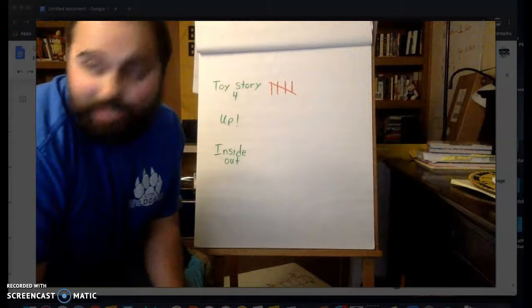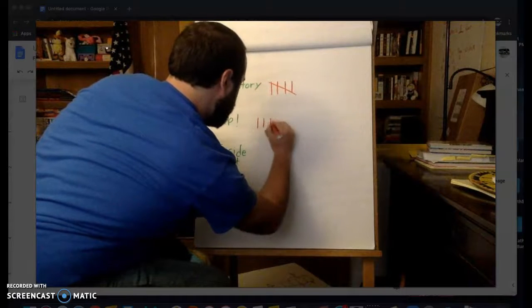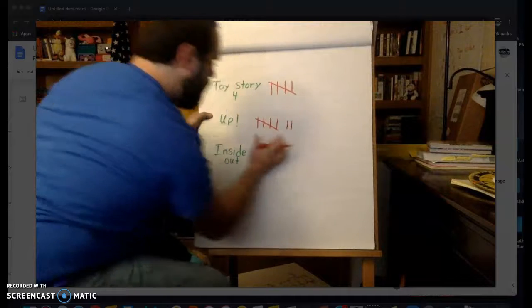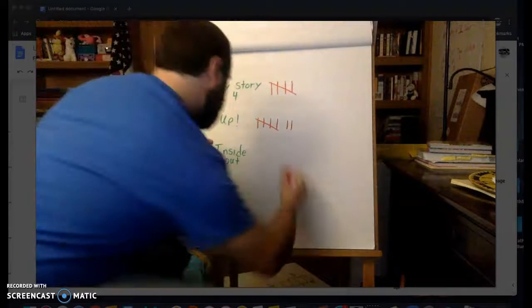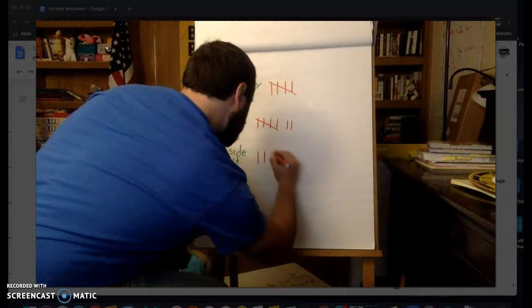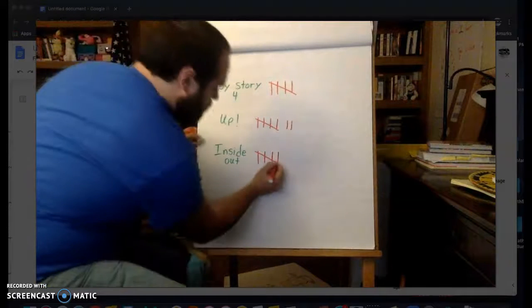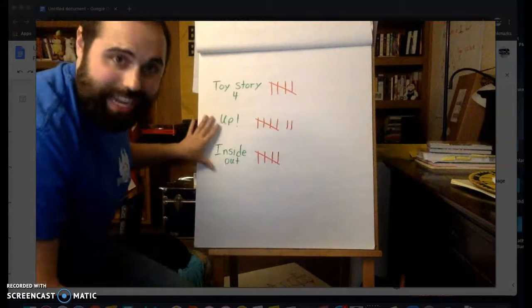Next one is 7 for Up. So 1, 2, 3, 4, 5, 6, 7. Set of 5 and a 2. And then lastly, Inside Out, which got 5. 1, 2, 3, 4. Then the line across makes 5. Oops. There we go. So this is how we would originally collect all of our data,